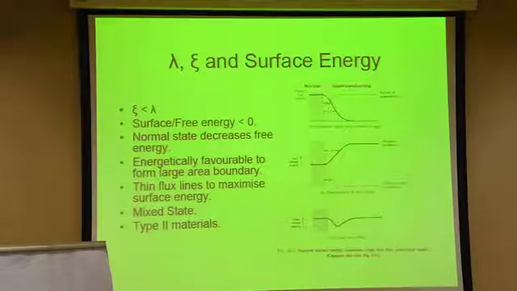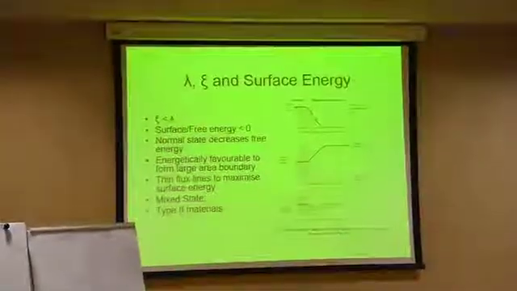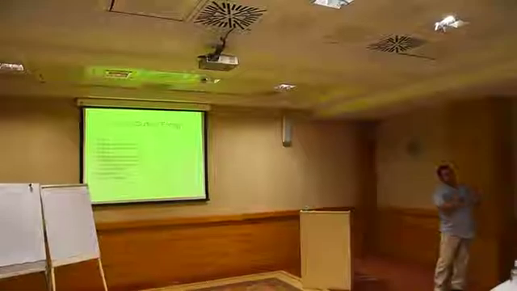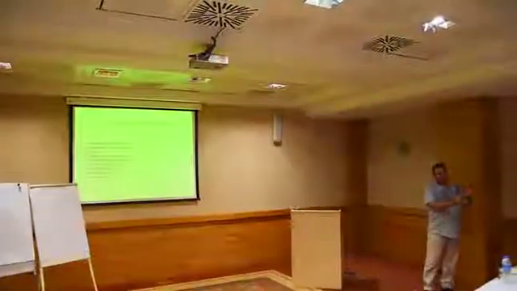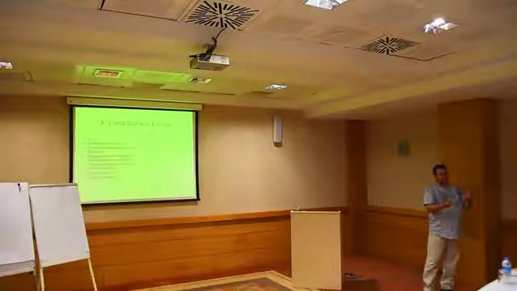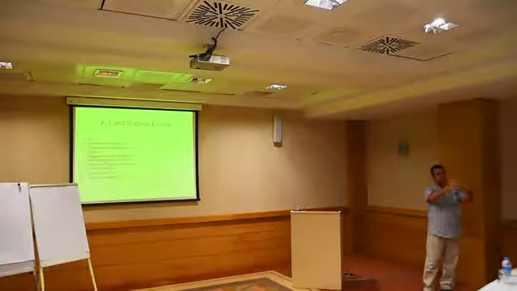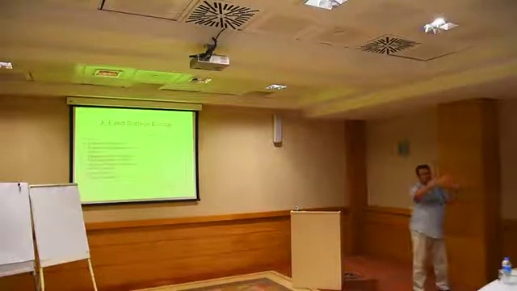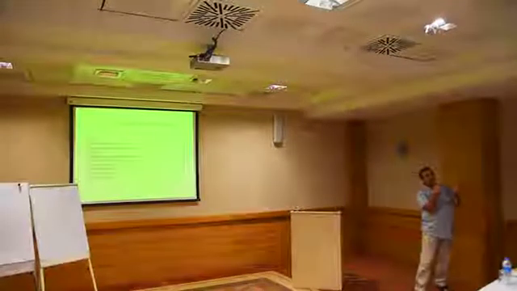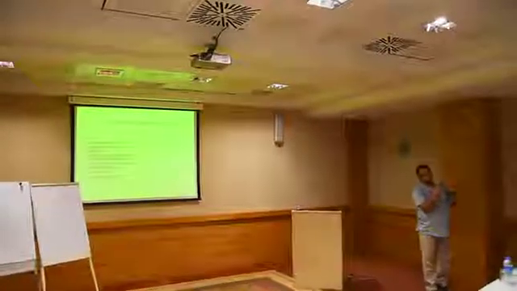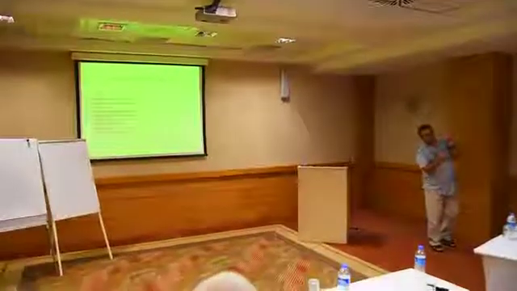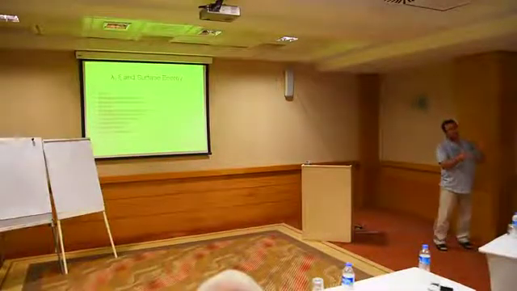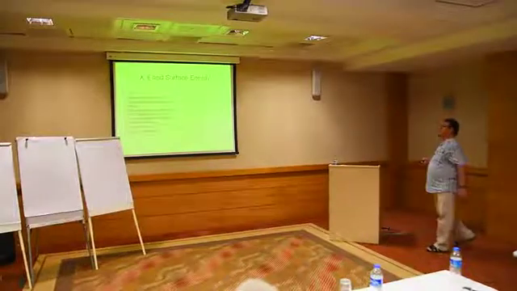Think of a very, very thick cylinder with a given volume. That would be type 1. If you want to keep that volume, but increase the interface between the normal and the superconductor, you will do what? You will split that one in 2, in 4, in 8, and so on until you get a large number of very thin cylinders. Now the total surface is much larger than in the first case. So this is the type 2 superconductor, in which